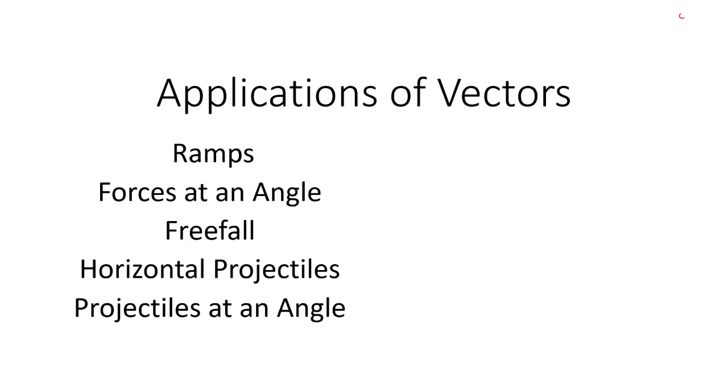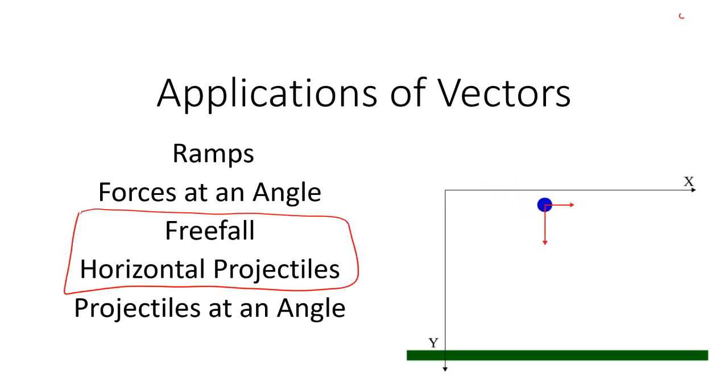Welcome back, everyone. In this video, we'll continue with our applications of vectors. In this video, we will specifically be looking at freefall and horizontal projectiles. Here is a horizontal projectile, something that is being launched horizontally off of a cliff or a table or out a window. And we'll look at this little GIF and talk about it in more detail as we go